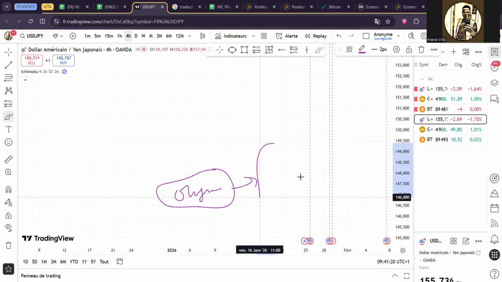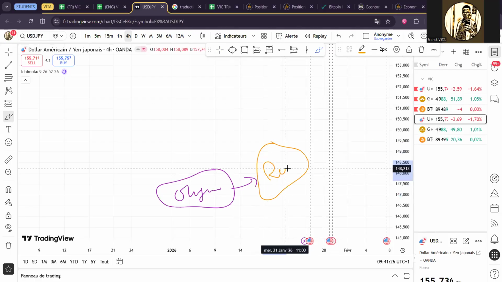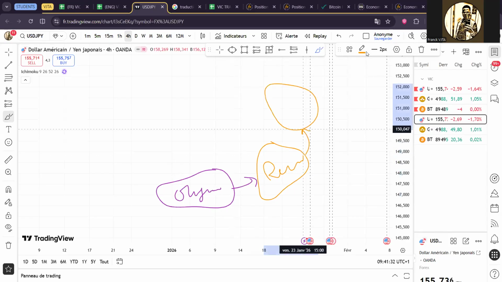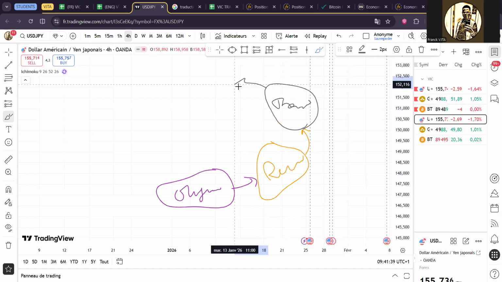Then the reversal, then the transition, then the new trend,